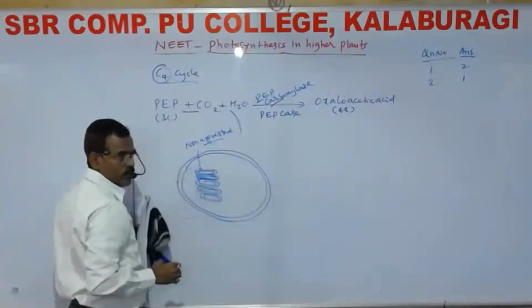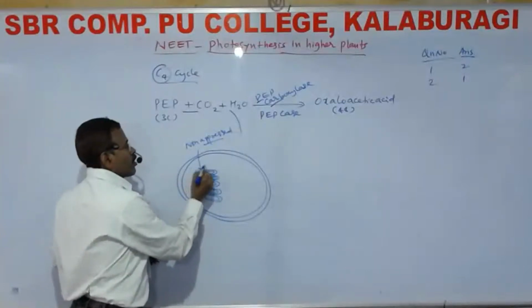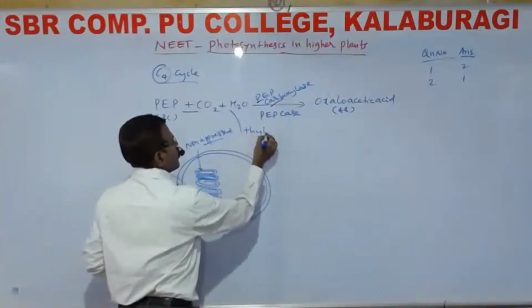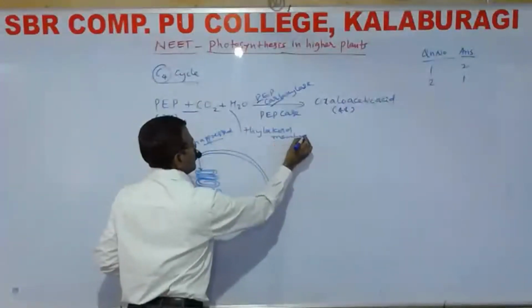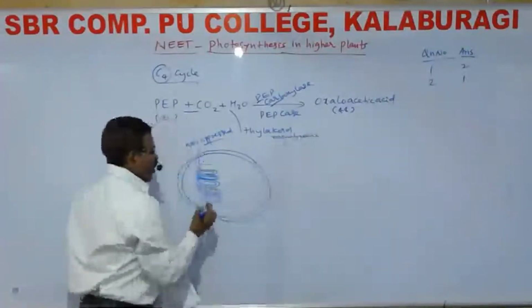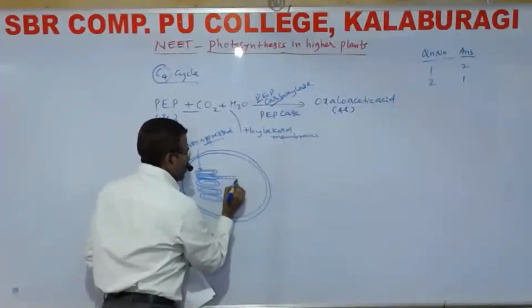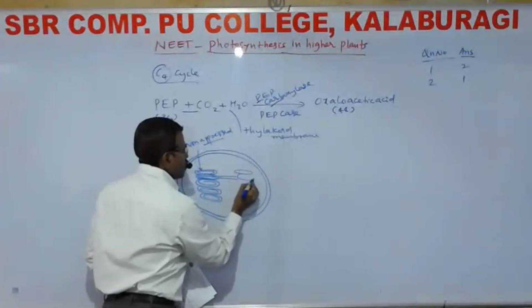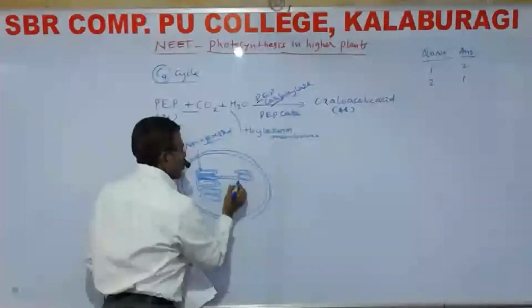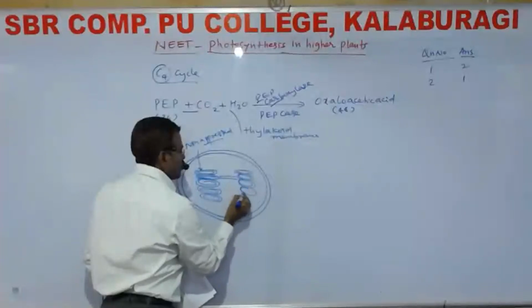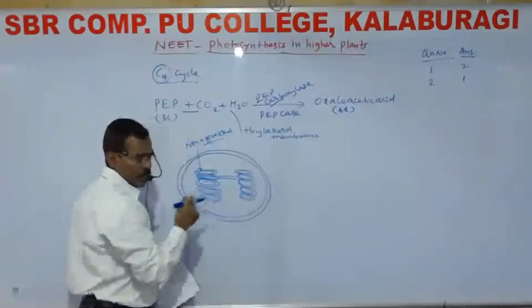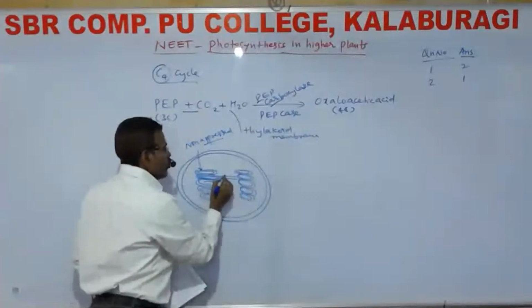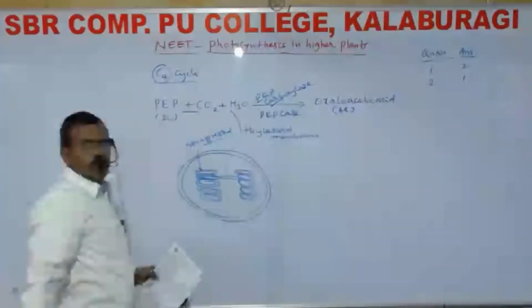This is the non-appressed part of the thylakoid membrane. It is connected to another granum. Thylakoids stacked one above the other result in the formation of a granum. This you call stroma lamellae